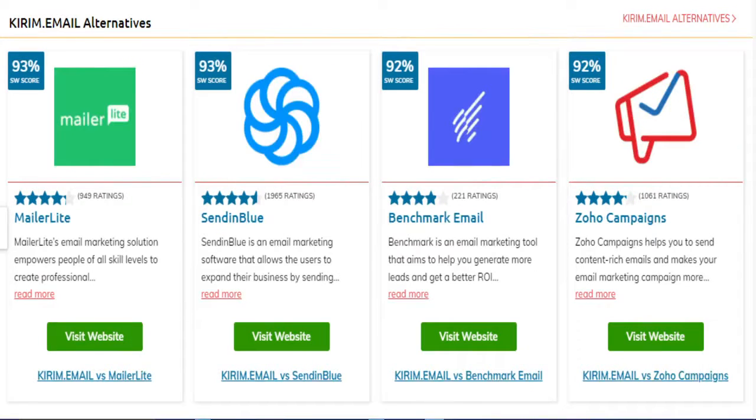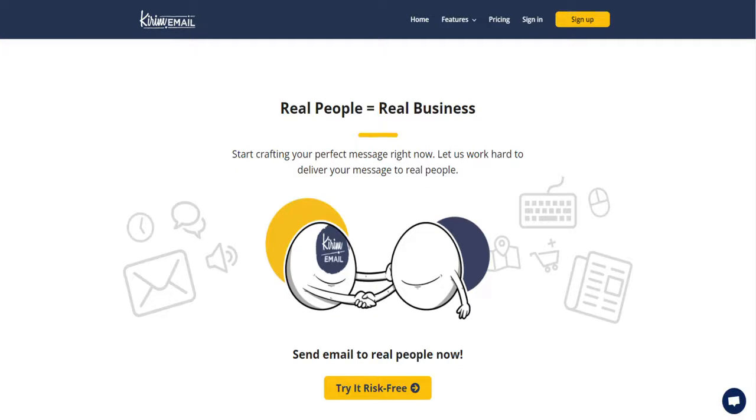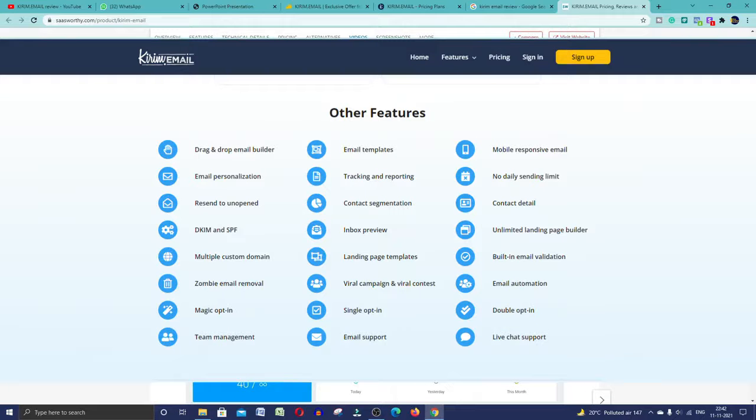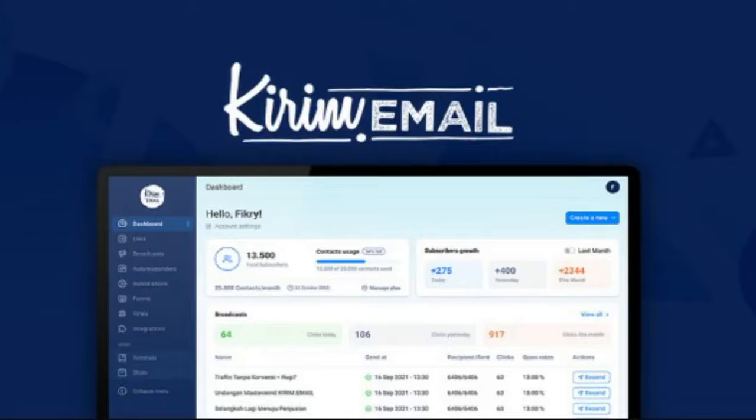So many tools are available in the market. But if you are really serious about your email campaigns and your automation, you should definitely go with this tool, because AppSumo is giving you a lifetime deal.